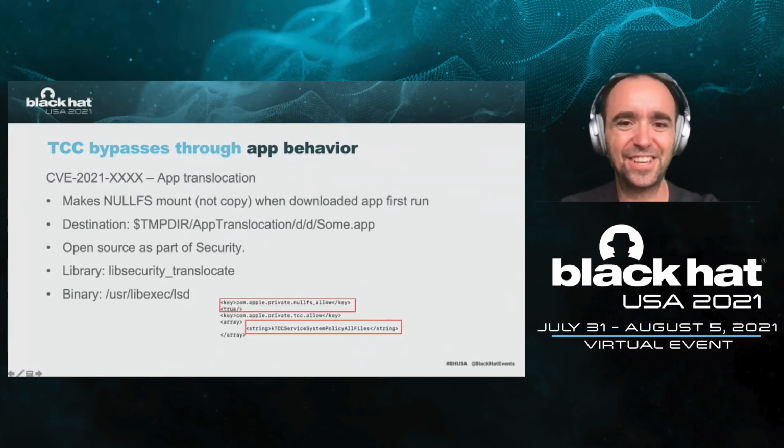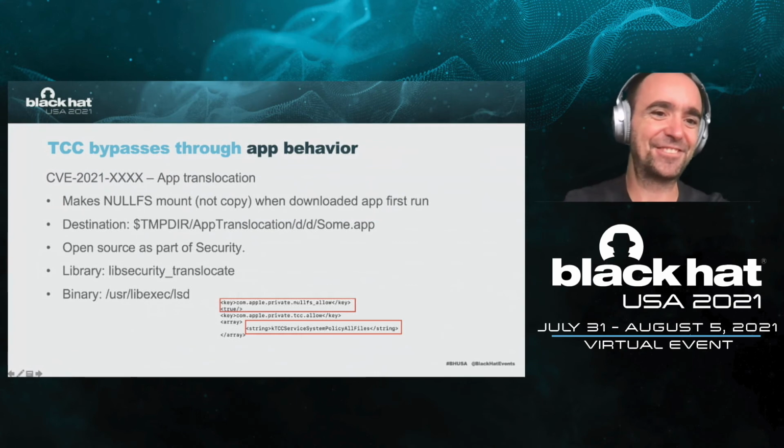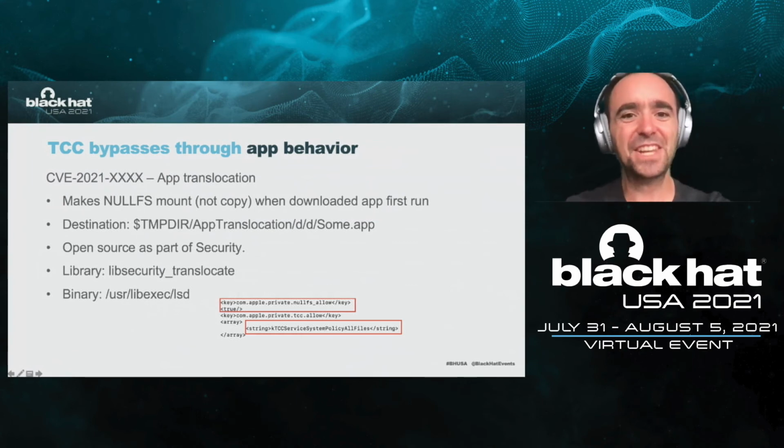The next vulnerability is concerning the app translocation service. This could also be a mount related bug because it involves mounting as well. But I classified it as a